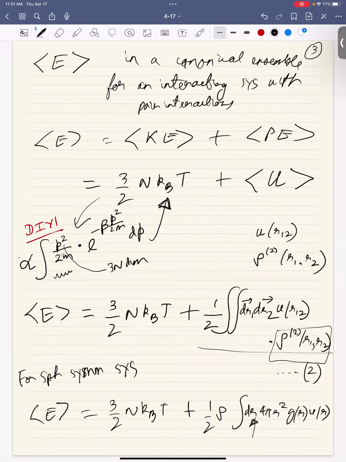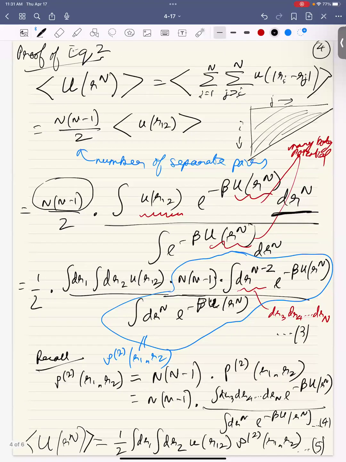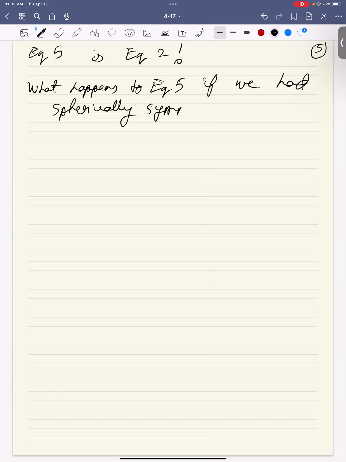So we got, so this was, where did it go? Equation 2, right? That the average kinetic energy is this thing. So let's go from here. Equation 5 was, oh, sorry, is equation 2. Okay. So now we will study what happens to equation 5 if we had spherically symmetric